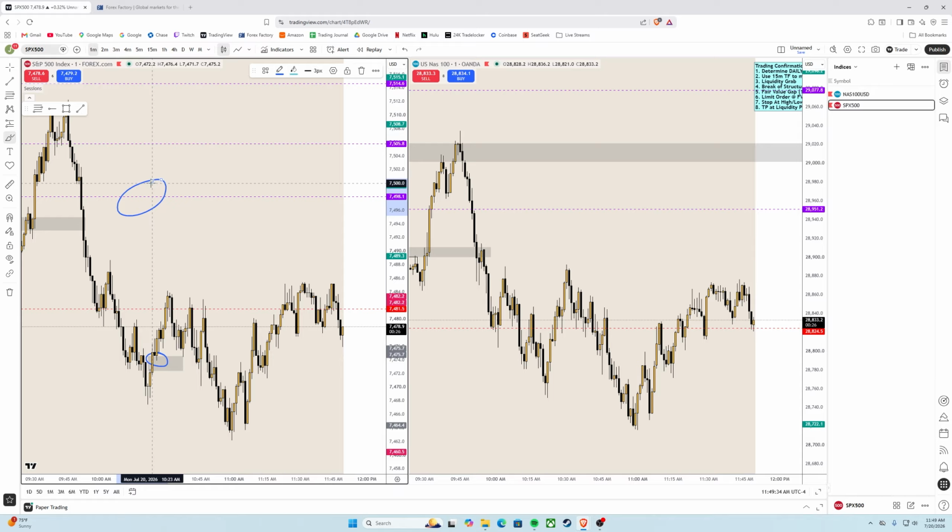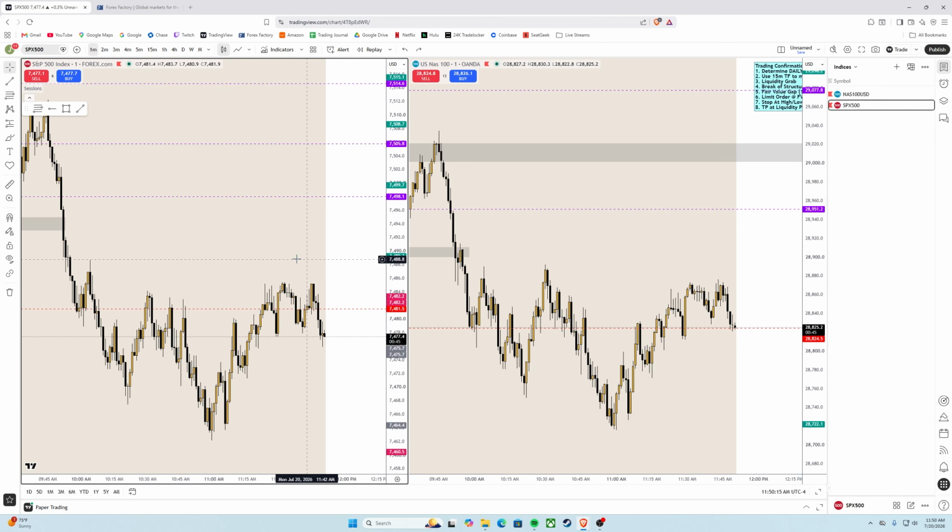Why? Because the upside targets were already cleared, so there's very little reason for price to want to go higher. It's very possible that price might continue higher, or maybe price might just go lower and decide to reverse in direction and now become bearish. It really doesn't matter, right? We're going to trade whatever direction price wants to head towards. But this is why when price goes up and clears your targets, you don't want to just sit here behind the charts, because you're going to be trying to force a trade that isn't there. Price already took the upside targets, so there's less reason for price to want to go up, which is why if you were to enter here, you would have ended up taking an unnecessary loss. The move already happened and it happened without you, so it's okay.